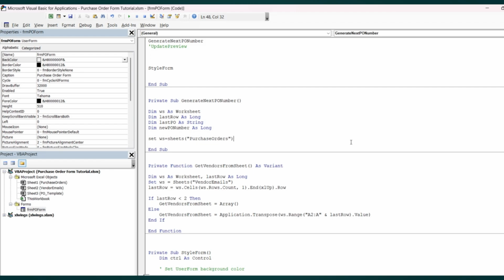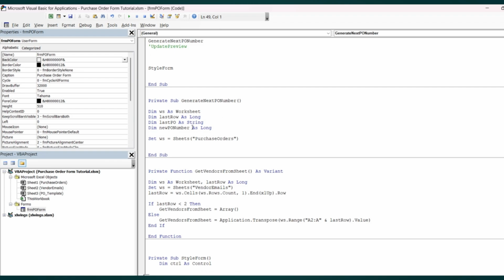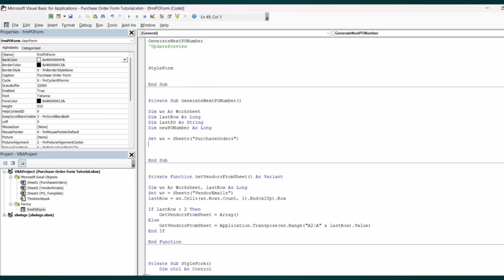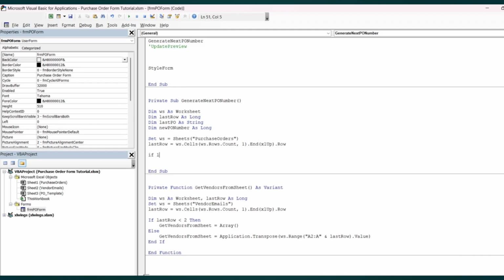It's going to read the last generated PO number from that sheet. lastRow equal ws.Cells(ws.Rows.Count, 1).End(xlUp).Row, and then we'll do an If lastRow is smaller than 2, then